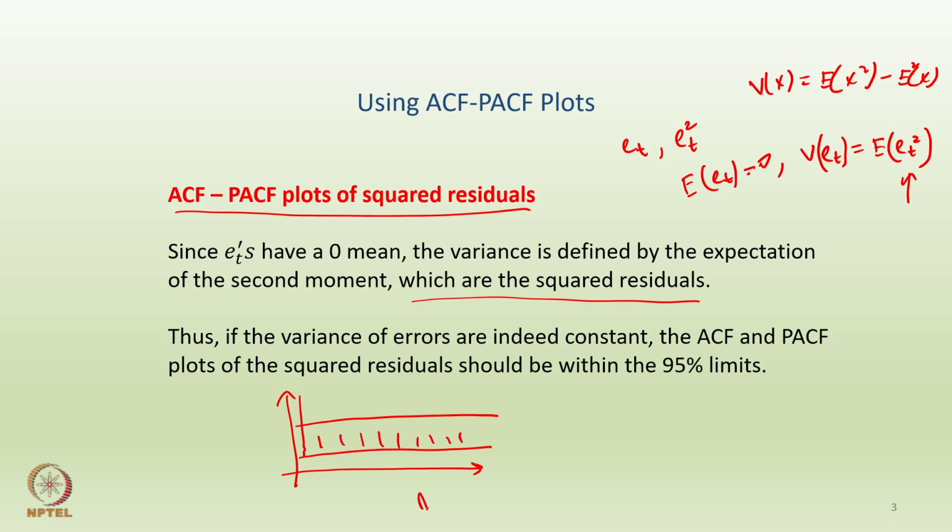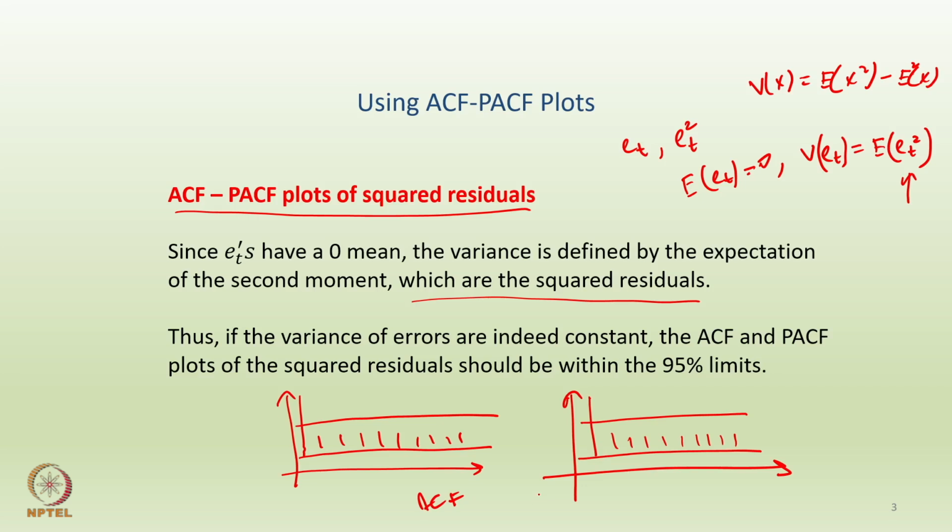So this should be true for both ACF as well as PACF, by the way. Again in the PACF we have the same structure, right. So you have these 95% limits, and if all the correlations apart from, let's say, the first one are in between the bounds, we will say that they are not significant. If you remember from one of the earlier lectures, if all the spikes apart from the first one are in between the bounds, we conclude that all the correlations at those particular lags are not